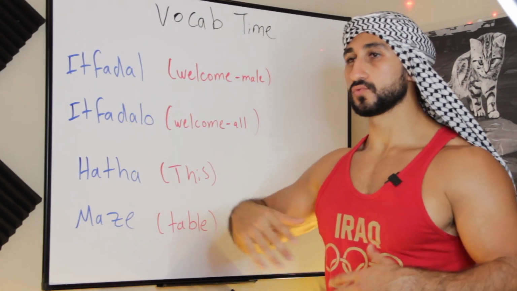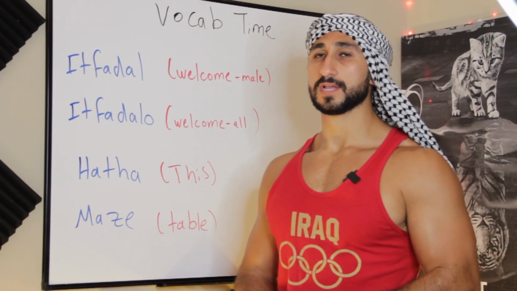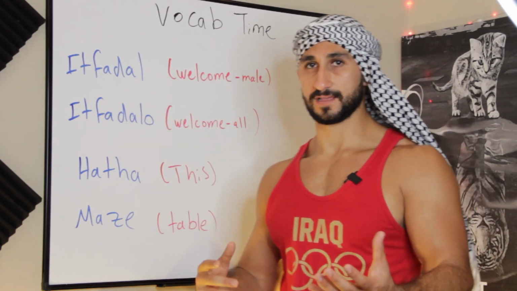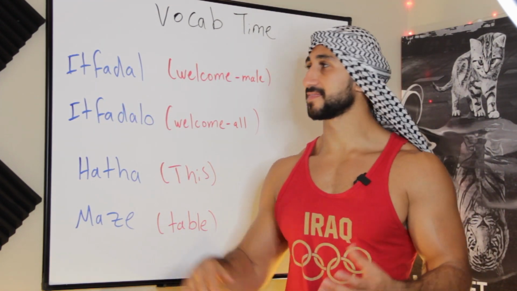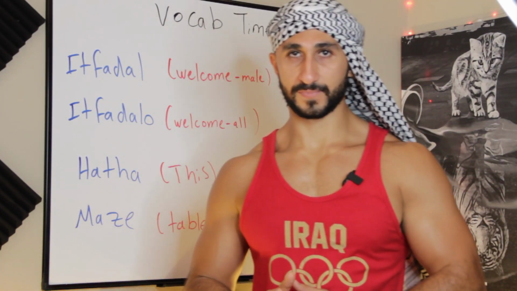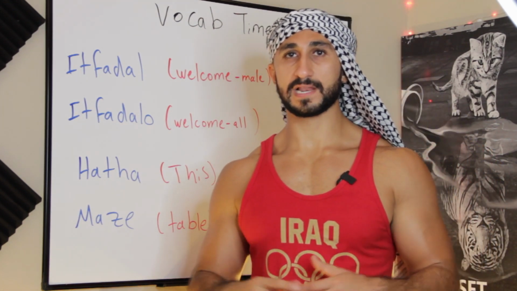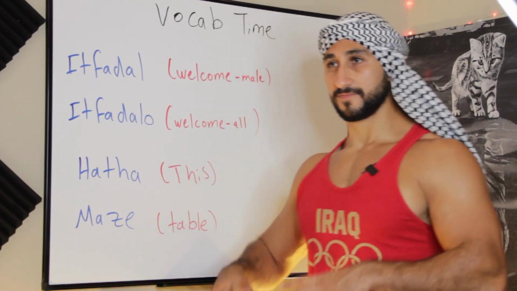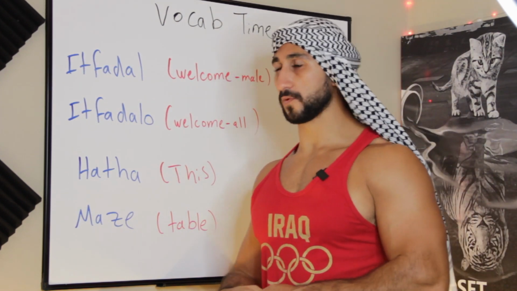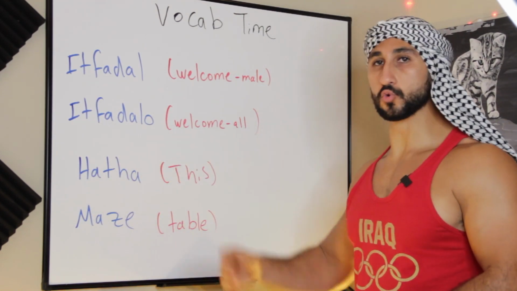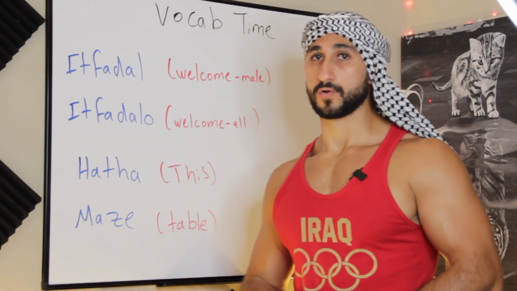So as we were discussing earlier, you were at the restaurant. Now, when you walk into the restaurant, the waiters, the people at the restaurant greeting you, they're gonna say "Ahlan wa sahlan," like I just told you, and they will say "Tfaddal, tfaddal." Tfaddal is welcome for a male, one person. Okay, if you were a female, he would say "Tfaddali, tfaddali," welcome. If you're a group of people, which probably you go as a group to the restaurant, تفضلوا. أهلا وسهلا. تفضلوا. Okay.